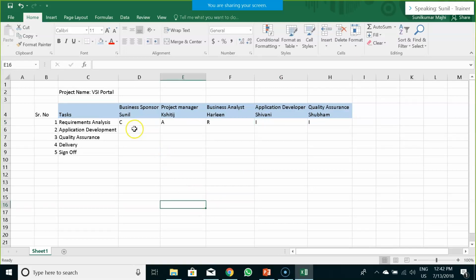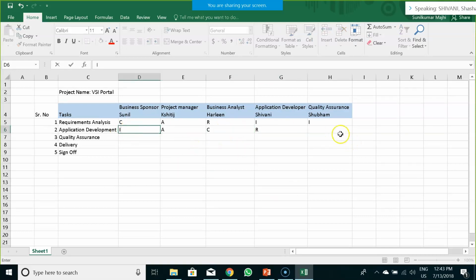Now, let's go to task 2, application development. Who is accountable? Yes. Who is responsible? Application dev. Who should be consulted? Business analyst.